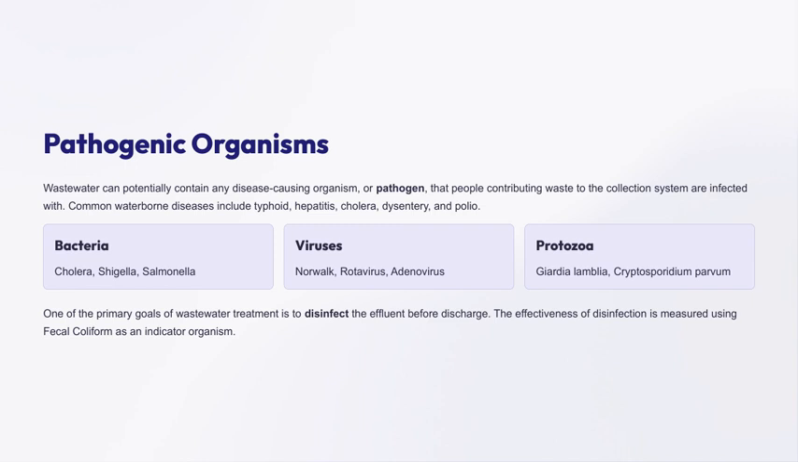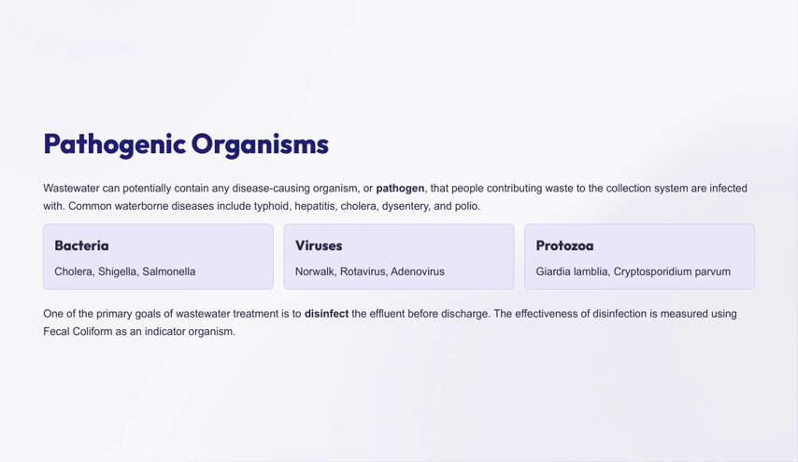To measure how effective our disinfection is, we use fecal coliform bacteria as an indicator organism. If the levels of fecal coliform are reduced to safe levels, it generally means the water is safer for the environment and public health. So, understanding these pathogens and ensuring proper disinfection helps us protect public health and maintain clean